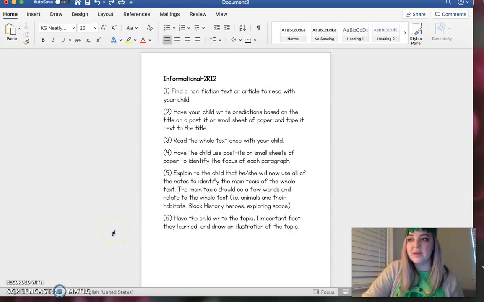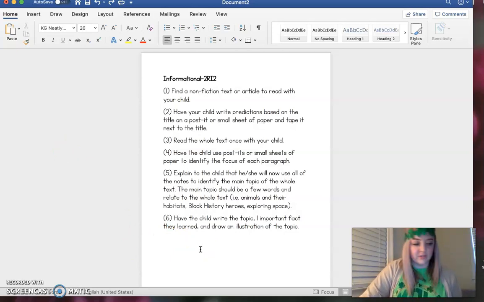When we're talking with our students, the main topic here is St. Patrick's Day, but how can we elaborate on that without giving too much away from the article? We might say the main topic is that this is an article all about St. Patrick's Day and the traditions of St. Patrick's Day. Then the last step here says have the child write the topic, one important fact they learned,